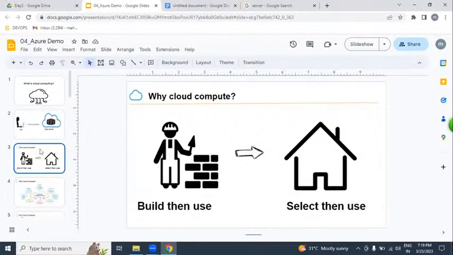By using cloud, we can get rental based infrastructure.